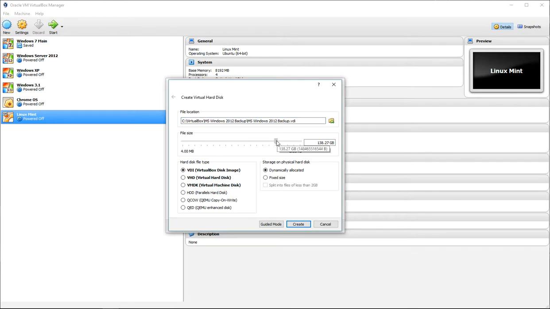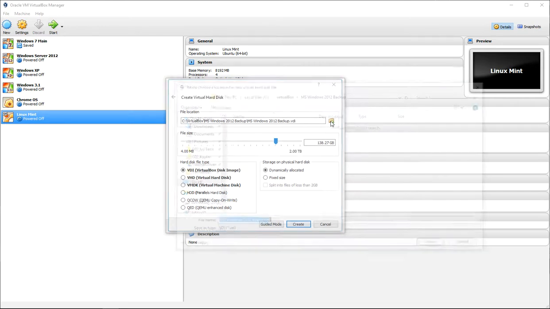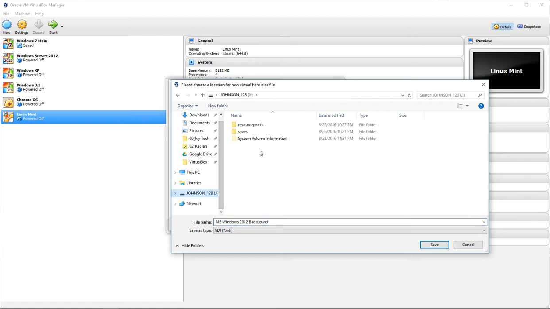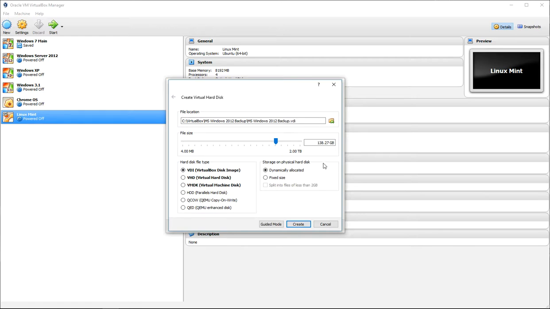Make sure that you don't skimp on that, but keep in mind too that you're using hard drive space off your main hard drive. So this is a possibility that you could do: you could put your VDI file onto a USB drive. See, I could actually put my VDI out here, and as long as that USB drive's in, I could put it in there. Let's just say I've got 128 gig right there. I've got other folders on there, but let's just say I want to put 50 gig out there. I could do that. I could put that on a USB drive if you're running out of hard drive space on your main drive. But keep in mind that you're passing through to a USB drive, so it's going to slow everything down.